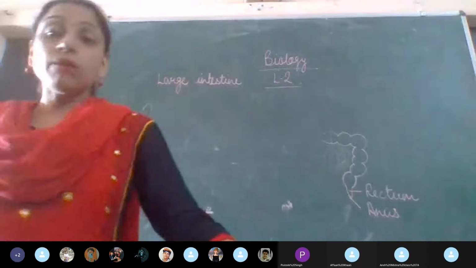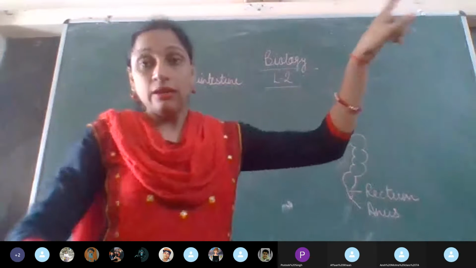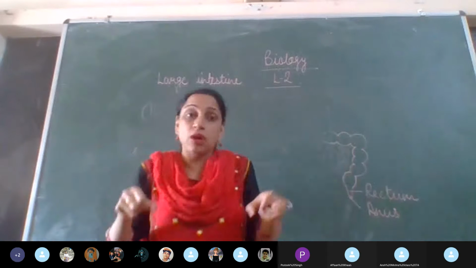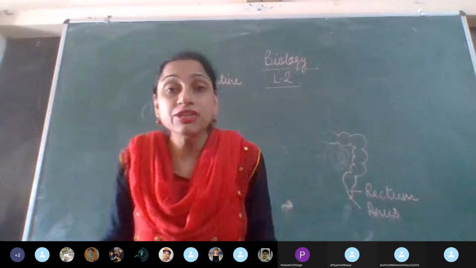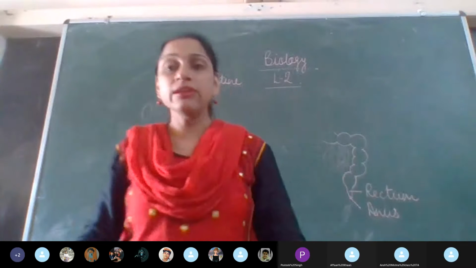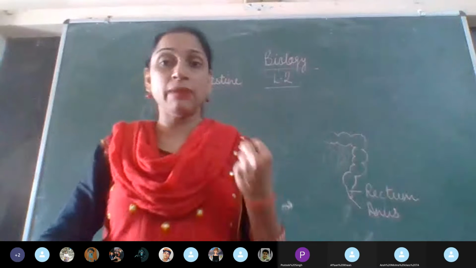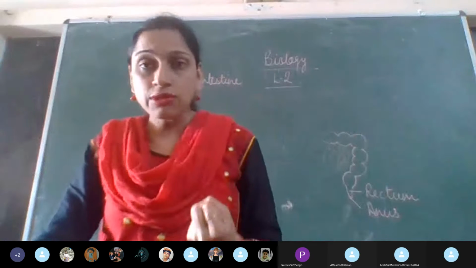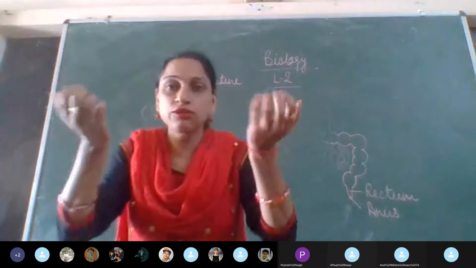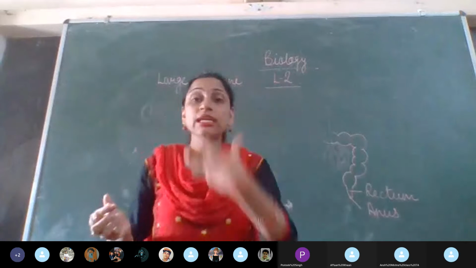Now, next we talk about the assimilation of food. If you remember, let's go back to the amoeba. There the digestion has taken place and it has been absorbed. Assimilation means that the body utilizes it for doing various work, for getting energy. Now you know, children, that this digested food is absorbed. It goes to the blood, and through the blood it will be carried to each part.